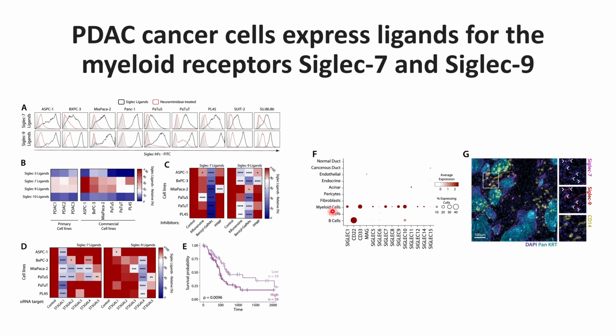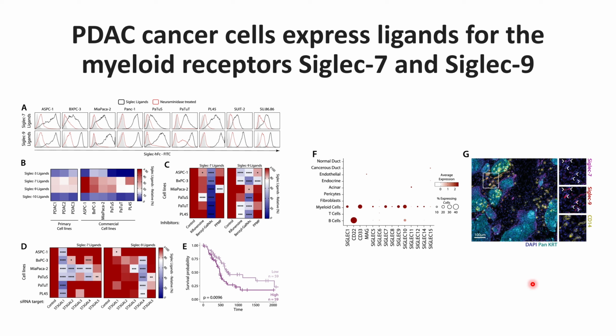And then they checked, among most of the cells that are found in the pancreas, which cell types have the Siglec 7 and Siglec 9 receptors, and they saw that only the myeloid cells have these receptors. So the further focus of the paper is on the myeloid cells, and then they further checked whether the Siglec 7 and Siglec 9 signals that they found in the pancreatic cancers are on the myeloid cells or not,